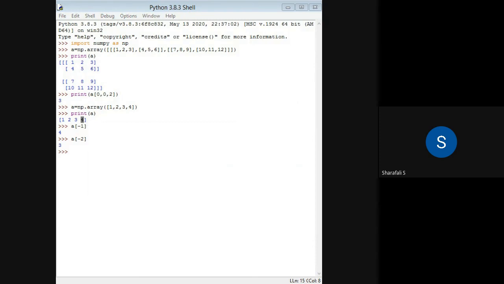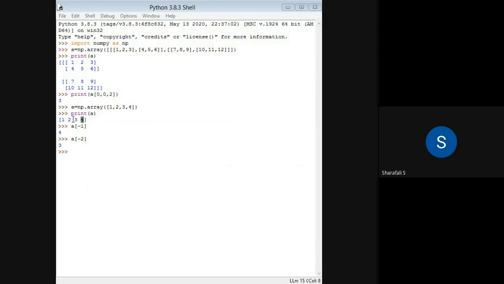Also, you can check that with some more examples. Now we will be directly going to the subarrays, accessing of subarrays. So how can we access subarrays, which means some number of elements, in a one-dimensional array itself, or when you're considering a multi-dimensional one?